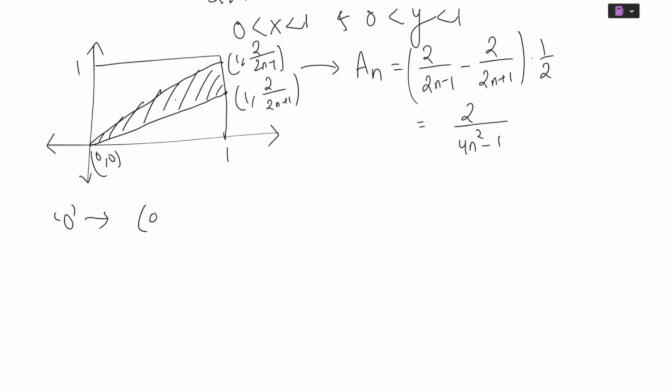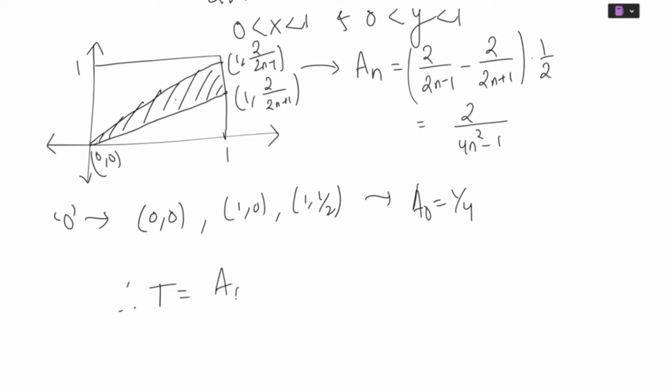And in that case, the triangle would be at 0, 0, and then I think at 1 comma 0 and 1 comma half or something. 1 comma half, and the area of this triangle is basically a naught equals 1 by 4. Therefore, my total probability is simply going to be the sum of all the even numbers, so a0 plus a2 plus